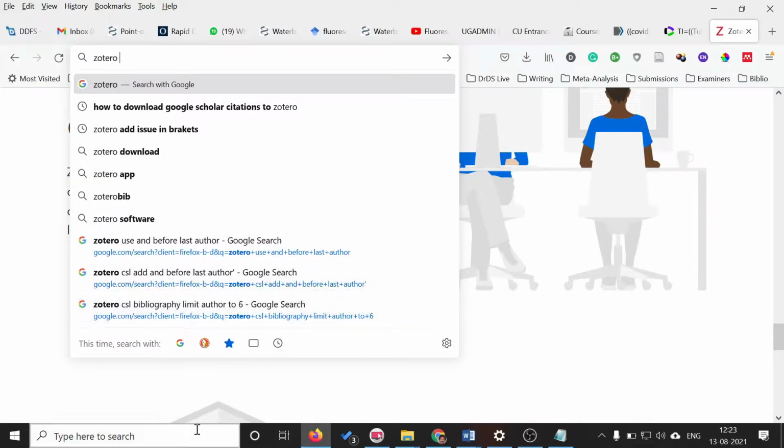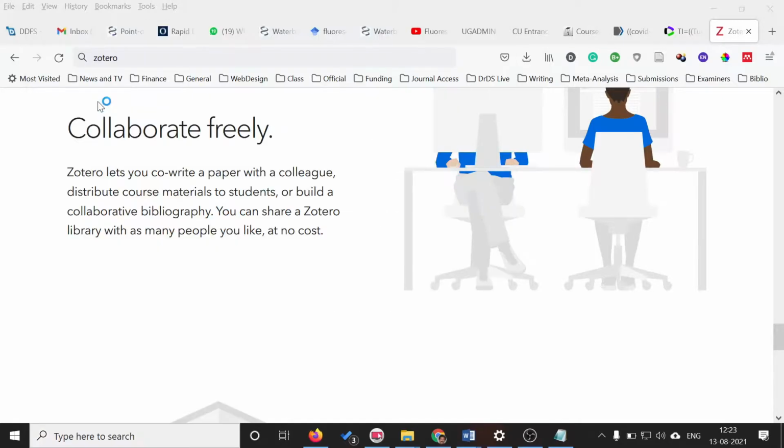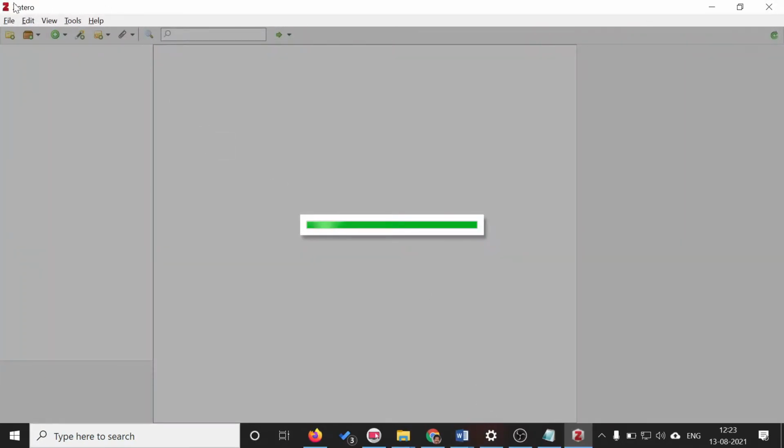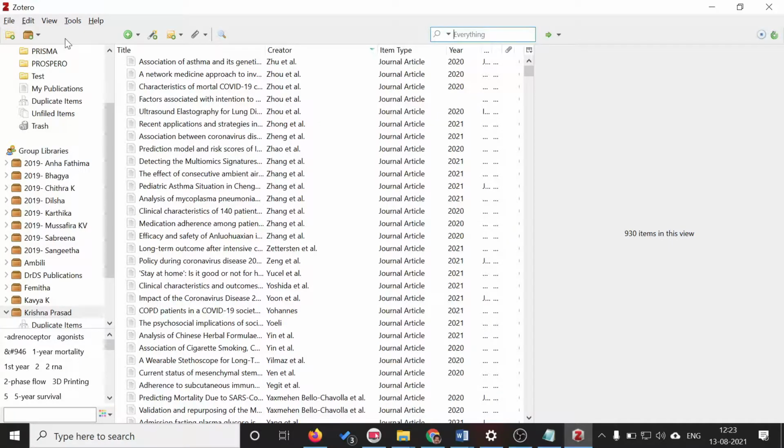Okay, right now I will show you how Zotero is installed. Once you download and install Zotero, this is the software that is installed, Zotero. Okay. So when you install Zotero, it will ask you to connect with your database, for which you are required to previously create your own account with Zotero online.